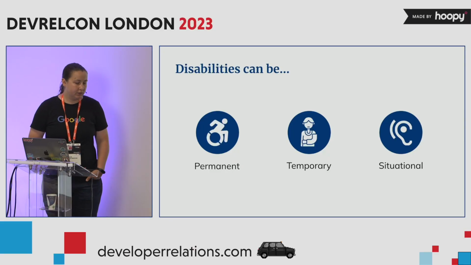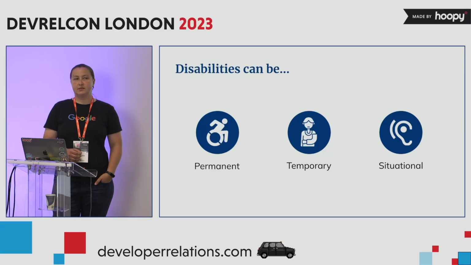When it comes to the word disabled, it's not a bad word. People may have a permanent disability, be it physical or cognitive, and everyone in the world will at some point in time experience a temporary or situational disability, such as a broken arm or an auditory impairment due to a loud environment. That said, never assume how someone wants to identify. Wait for people to self-identify before you make assumptions about who they are and what language to use.